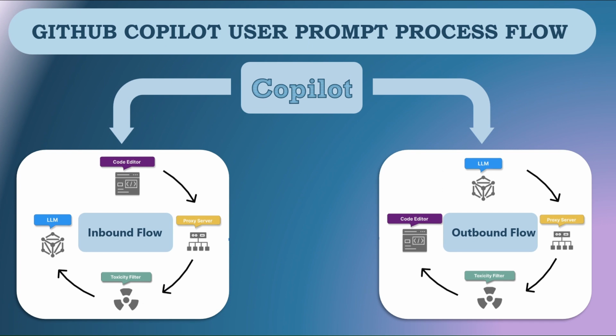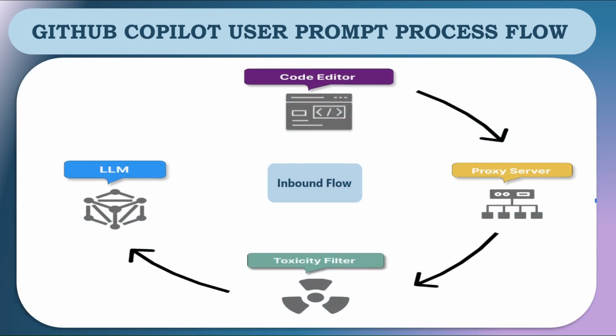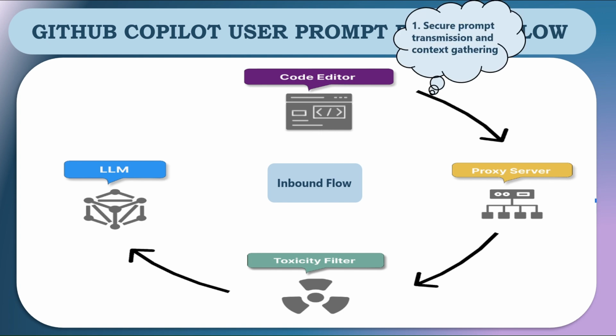Now let's explore the process flow for user prompts. So basically the process flow consists of two parts, the inbound flow and the outbound flow. Let's first try to understand the inbound flow. Inbound flow kicks off with secure prompt transmission and context gathering. This ensures that your natural language comment is sent to GitHub Copilot server securely and confidentially, protecting sensitive information and simultaneously collecting context details, which include code before and after the cursor position, which helps it to